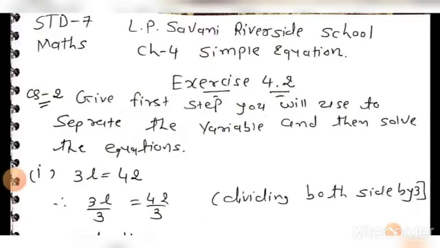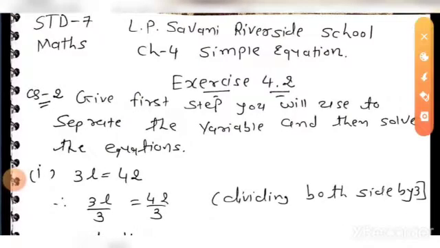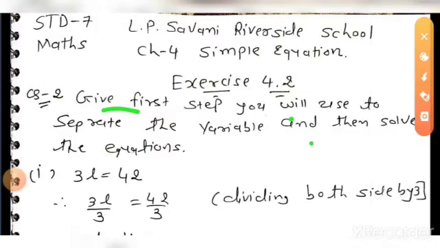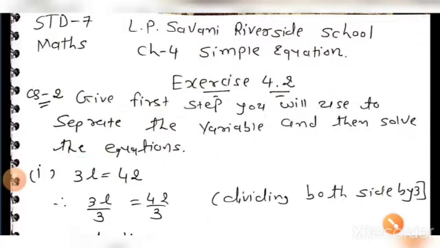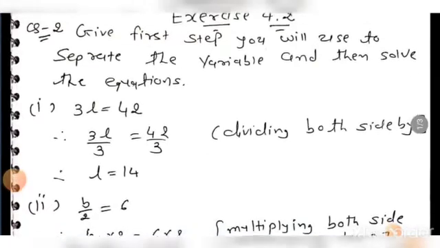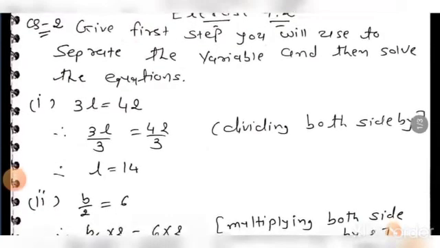In the previous lecture, exercise 4.2, question number 1, we have already completed. Today, we are going to learn about question number 2. In question number 2, the given first step you will use to separate the variable and solve the equation. In this equation you have to solve the equation and find out the value of that variable. So to find out that variable, we have first to do